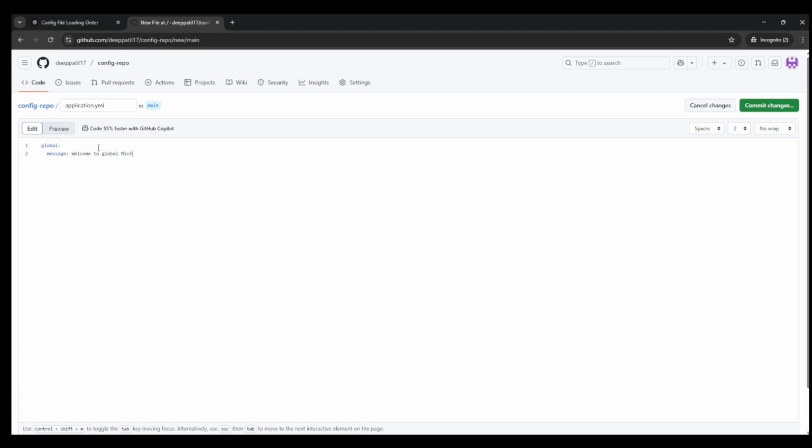welcome to global microservices environment. So this is the global message we have set. Next we are going to set some logging. We can say level, and after that we can set the root level as info for global,